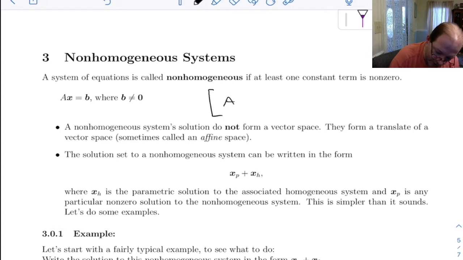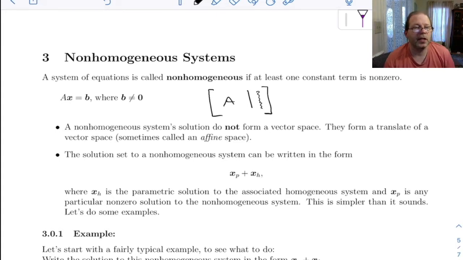If you wrote it as an augmented matrix, it would look like this, where somewhere over here you had at least one thing that wasn't a zero. And the solutions to a non-homogeneous system don't form a vector space. Instead, they form a translated vector space, and sometimes that's called an affine space. What I mean by translation is,